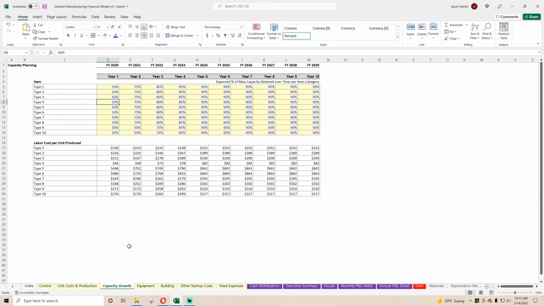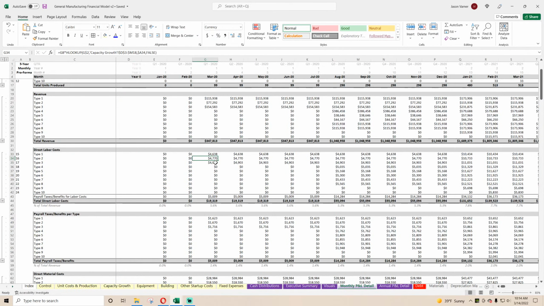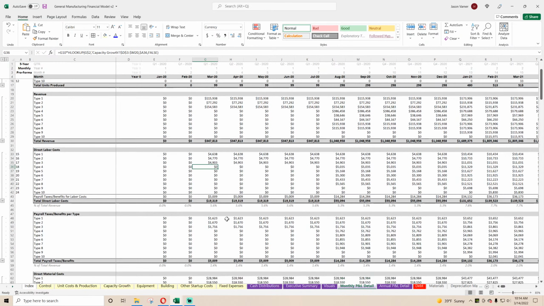So the direct labor is doing capacity against this labor logic, times the units produced. Okay, yeah. So labor is being broken down into cost per unit, and then we could do units times that average cost to get labor, and then payroll taxes are based on that times your payroll tax number in fixed expenses. So we're doing that separately,